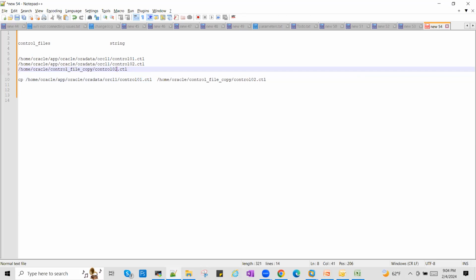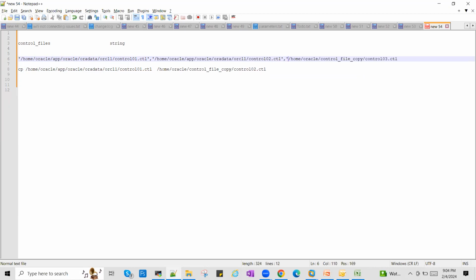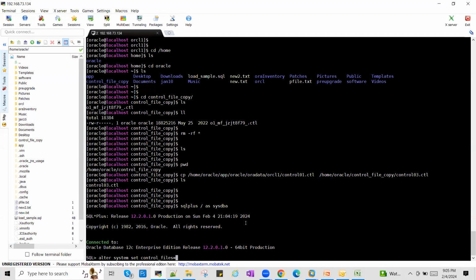So this is 03, right, equal to. So just to make it look like different values, we put the values inside single quotes. So it will consider them as 3 different values. Okay. So I am telling it to update the control_files parameter to this value,